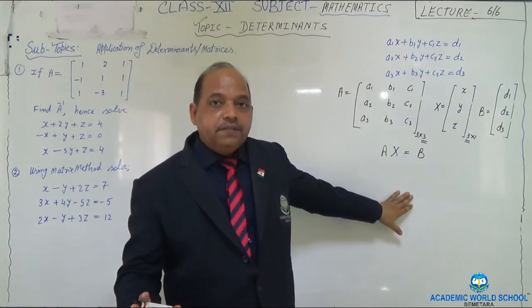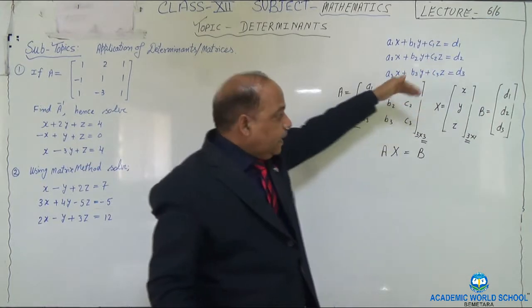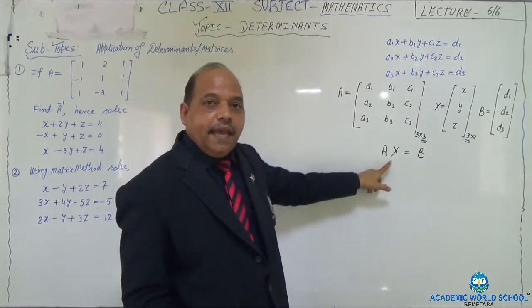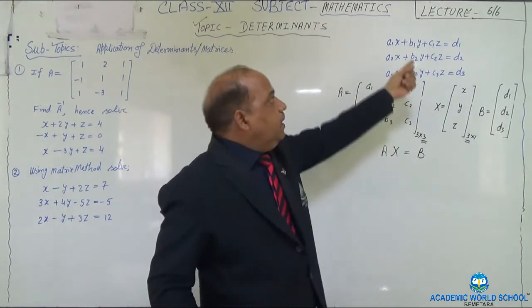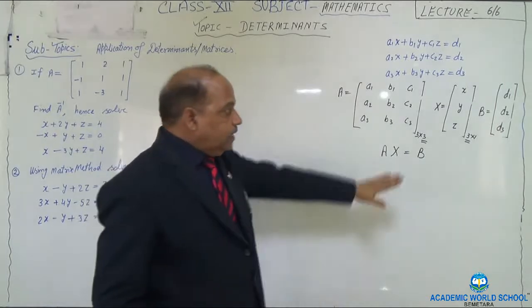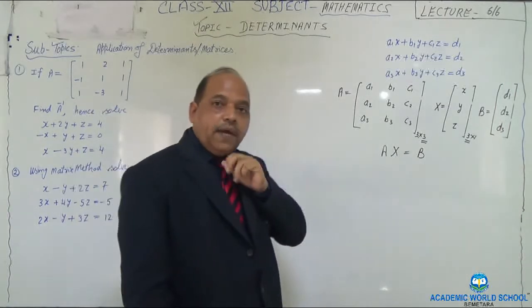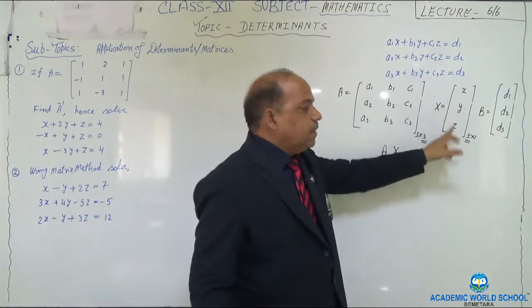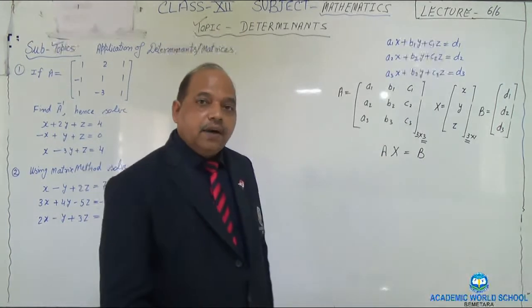I hope this part is very clear. Given system of linear equations are expressed as matrices. See that A is a matrix, X is a matrix, B is also a matrix. We have expressed that. If you multiply, you can get that. So once we have reached over here, now we need to find out what was the purpose. We wanted to find out values of X, Y and Z. Now the question is, how can I find that?